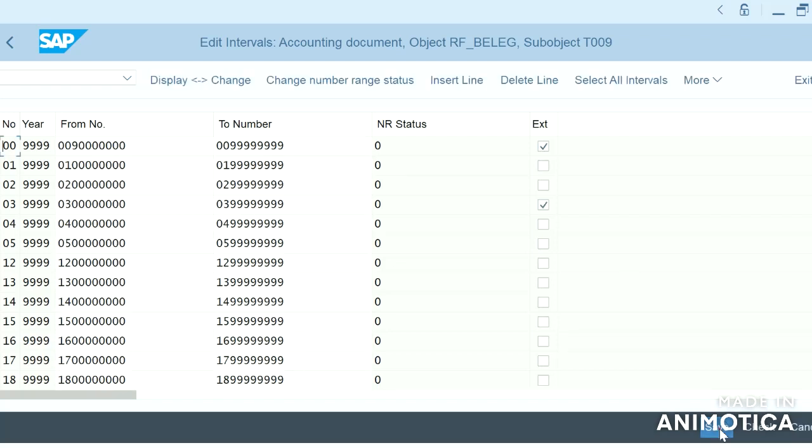Now we will save this, so it will get saved to our company code.